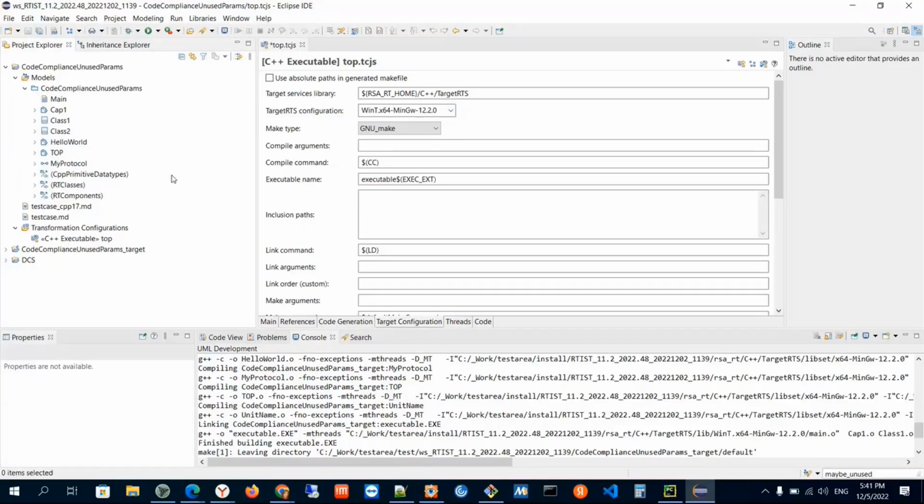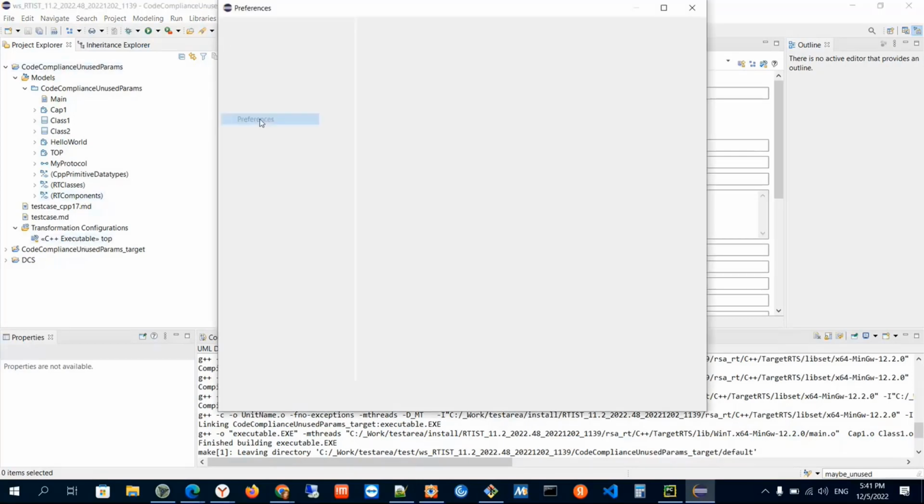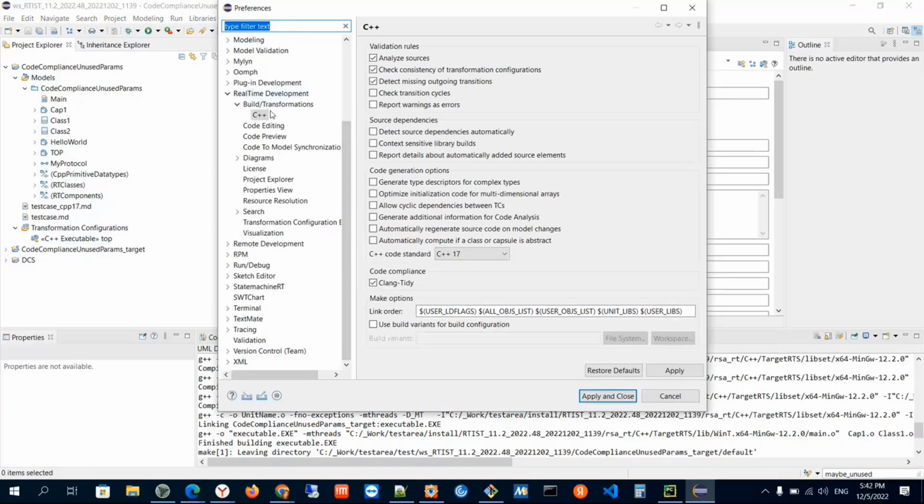Then I will move to the next topic, and now I will tell you about the Clang-Tidy support. For the code generation, we have this option in preferences under real-time development build transformation C++ to generate code compliant with Clang-Tidy. And also we are gradually improving this functionality and adding support for new warnings